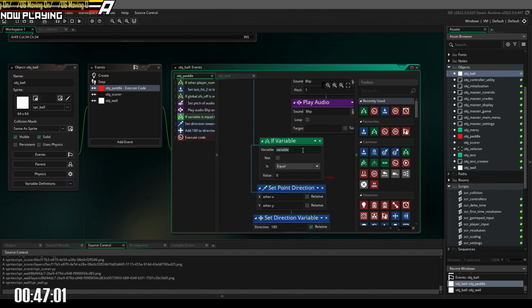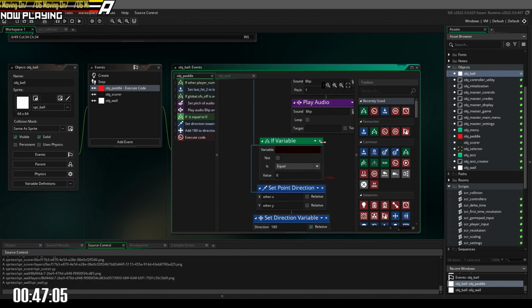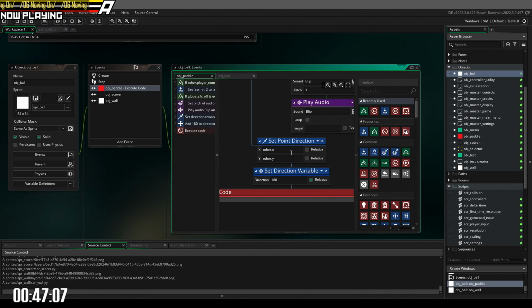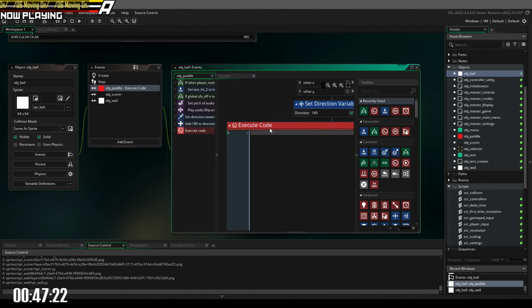It would be something like if global simple collision is on, I could make a new variable for that and say, if we're doing simple collisions, do this one, else use this fancy code that I'm making up,